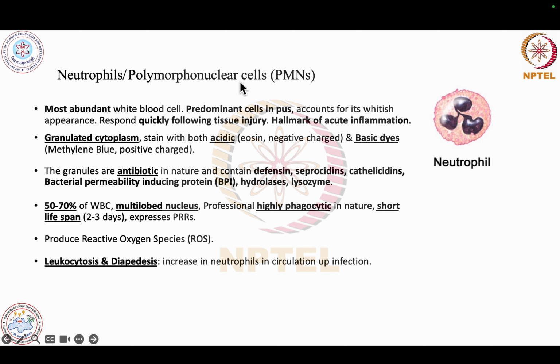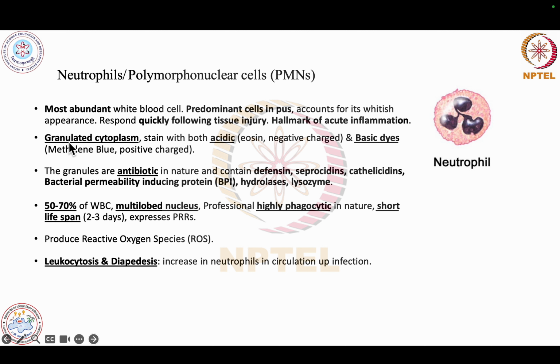Neutrophils or polymorphonuclear cells are the most abundant white blood cells, the predominant cells in pus, which accounts for its whitish appearance. They respond quickly following tissue injury, a hallmark of acute inflammation. The granulated cytoplasm is stained with both acidic dye, which is eosin, negatively charged, and basic dyes. Okay, that's why it's called